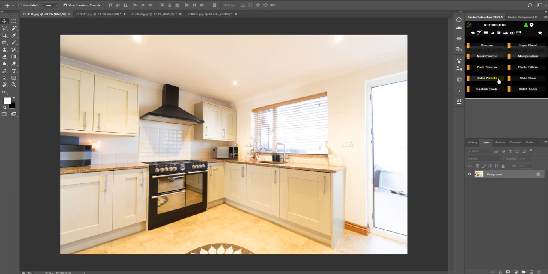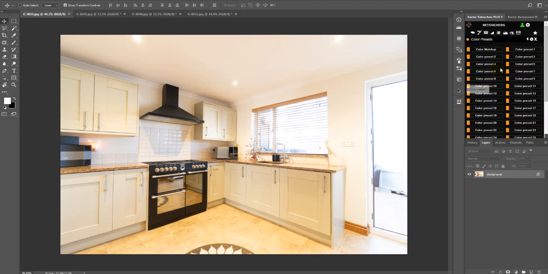So, color presets. It's simple. Just click on a preset. You can browse through the presets. I just named them preset 1 to 36. If you find a favorite, I actually want to add names to this, but maybe